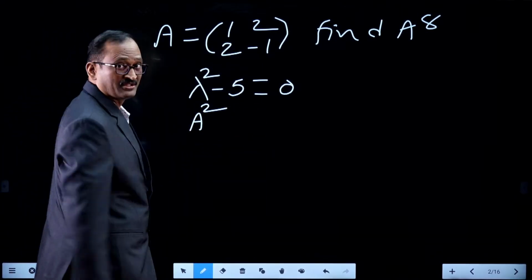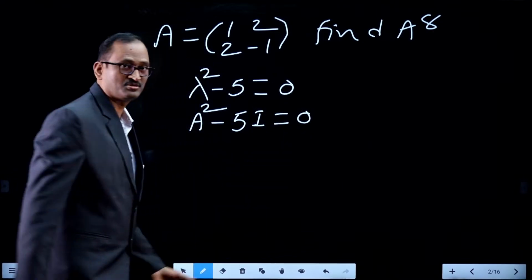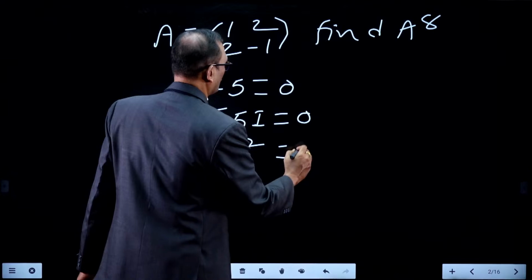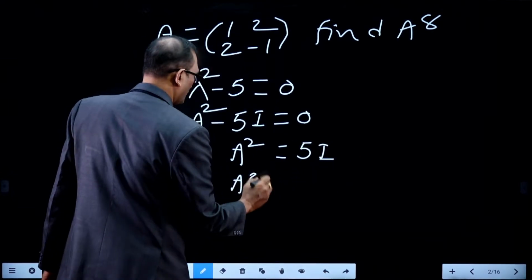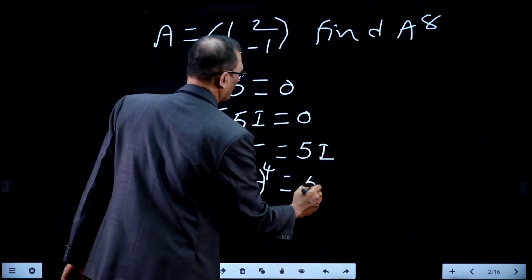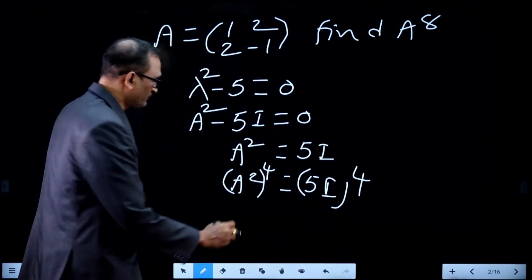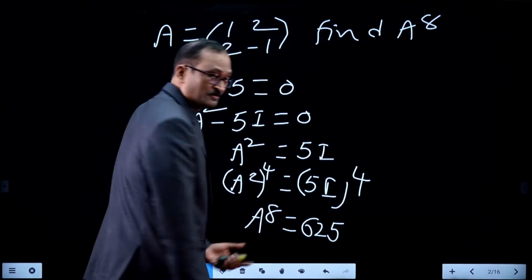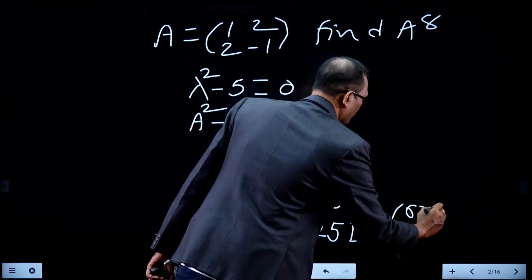By Cayley-Hamilton theorem, every square matrix satisfies its own characteristic equation, so that A square minus 5I equal to 0. So from this A square equal to 5I, and we were asked to find A to the power of 8. That means A square whole power 4 equal to 5I whole to the power of 4. A square whole to the power of 4 is A power 8, 5 power 4 is 625, I power 4 is identity matrix. So therefore 625